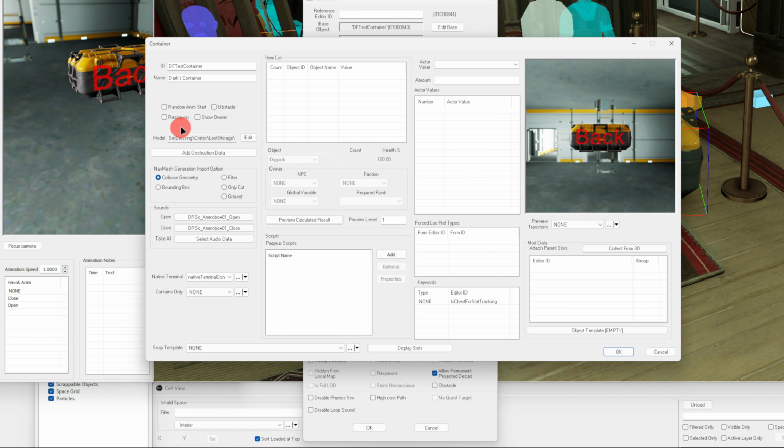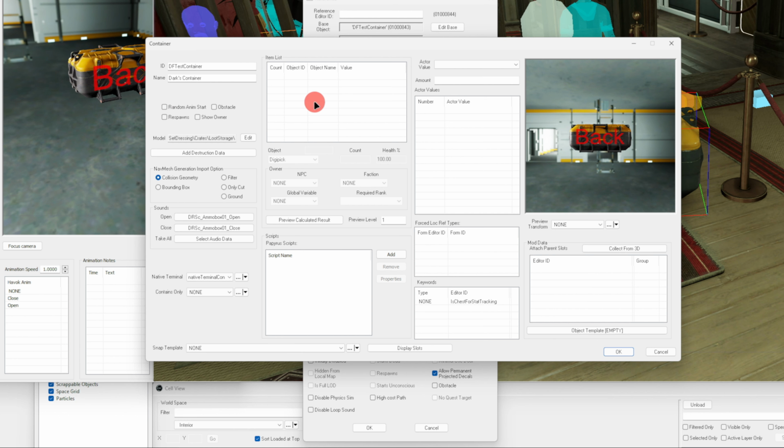Respawn's a very common option that's used. Essentially, this means all of the items that are dumped in this container, do I want them to respawn after X number of days, or do I want them not to respawn so that it is essentially flagged as a safe container? So an example would be ticking the respawn option would be useful for people like merchants who need to refresh their stock, whereas unticking the respawn and having it as a safe container would mean that if I